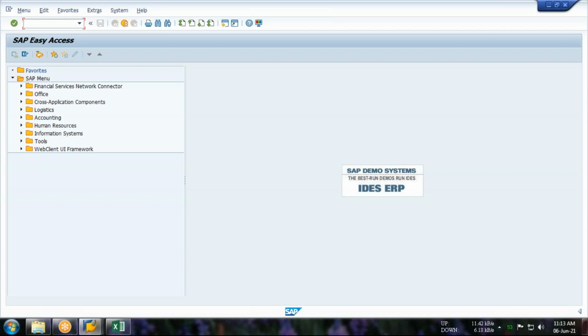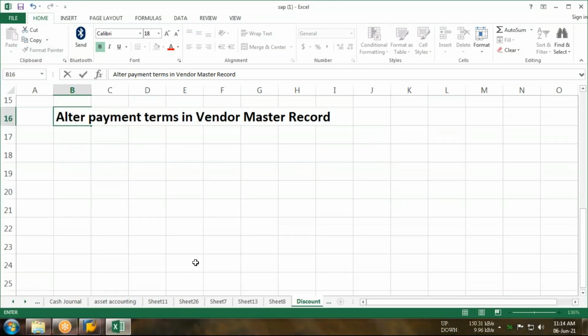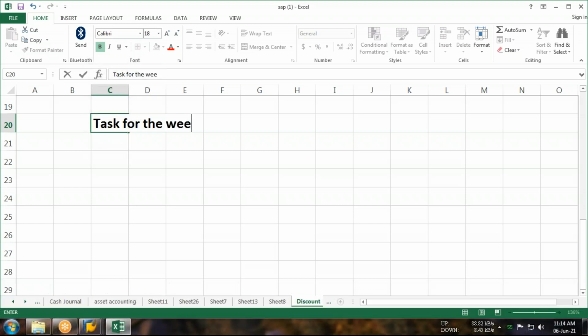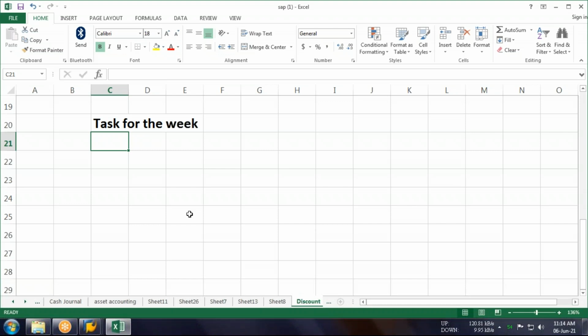Please finish this task. So what are the tasks? Please note it down. So task for the week. And guys, you just configure. I will check that, because if you are in the same server, it is very easy for me. I can check.